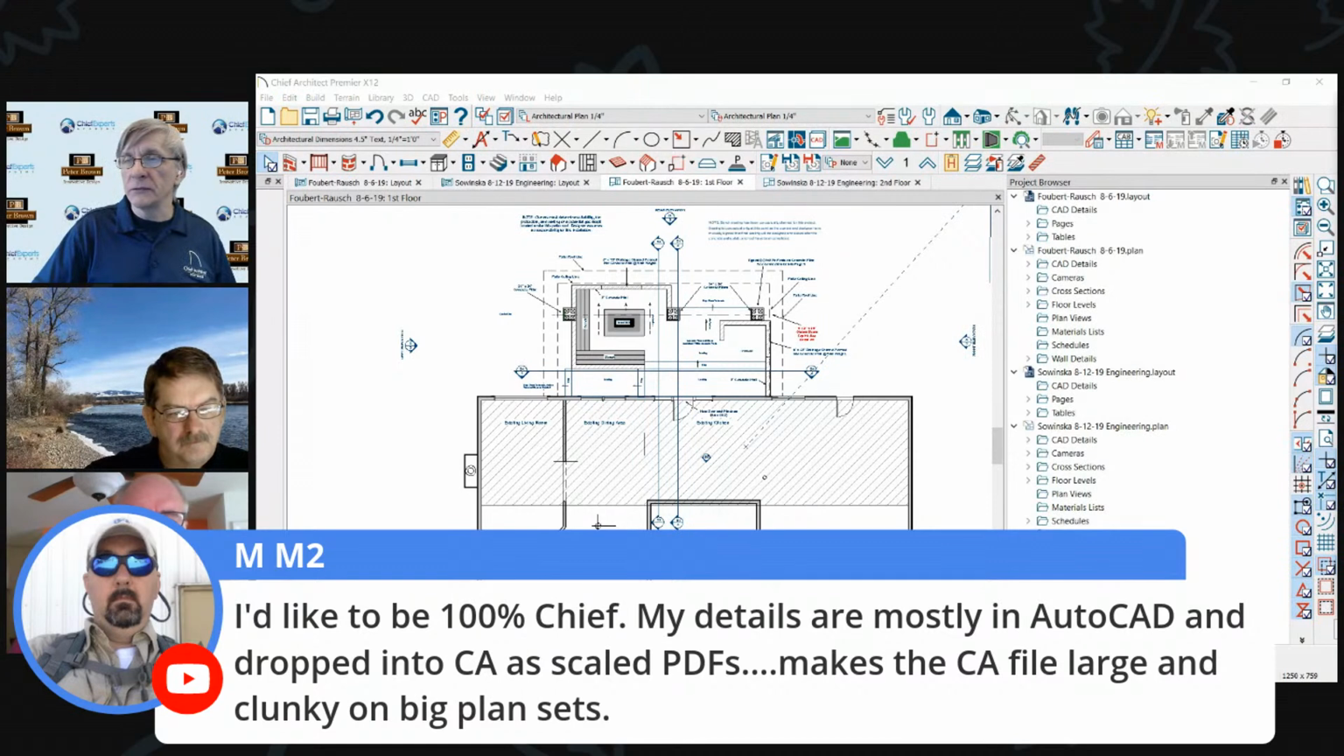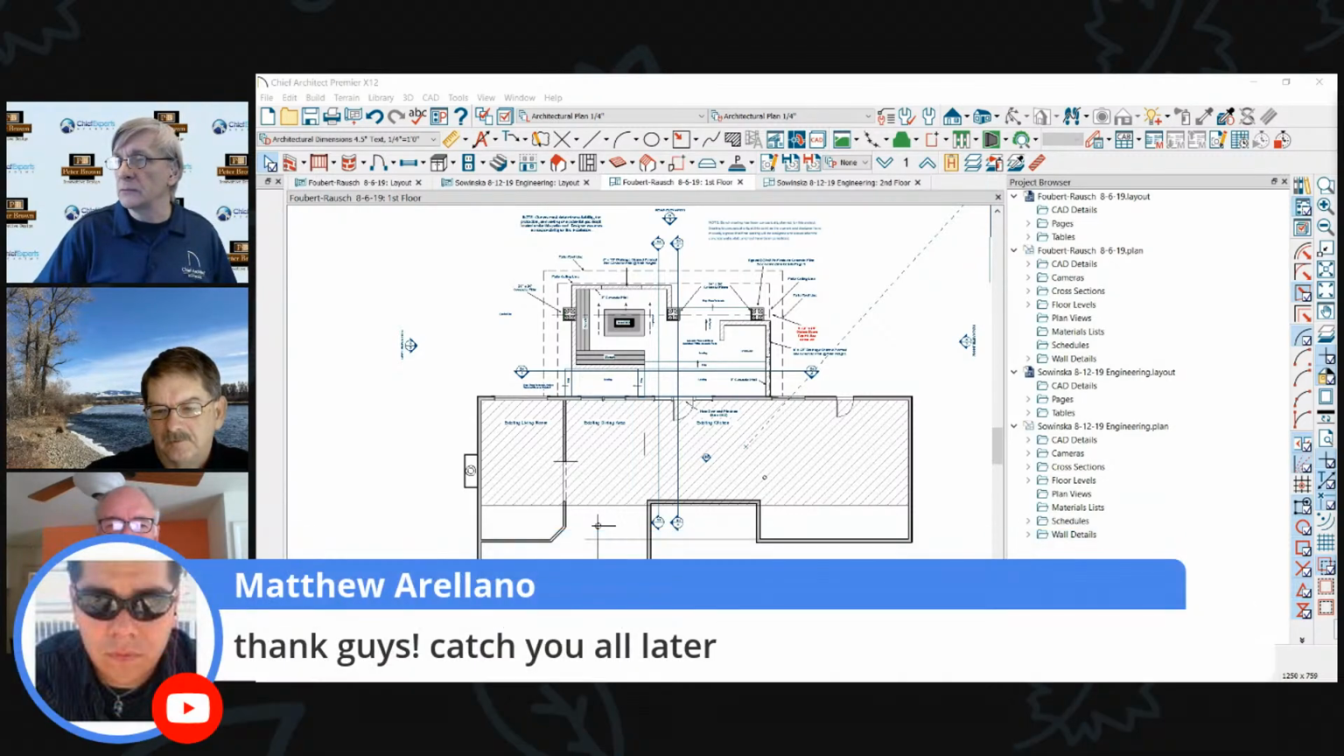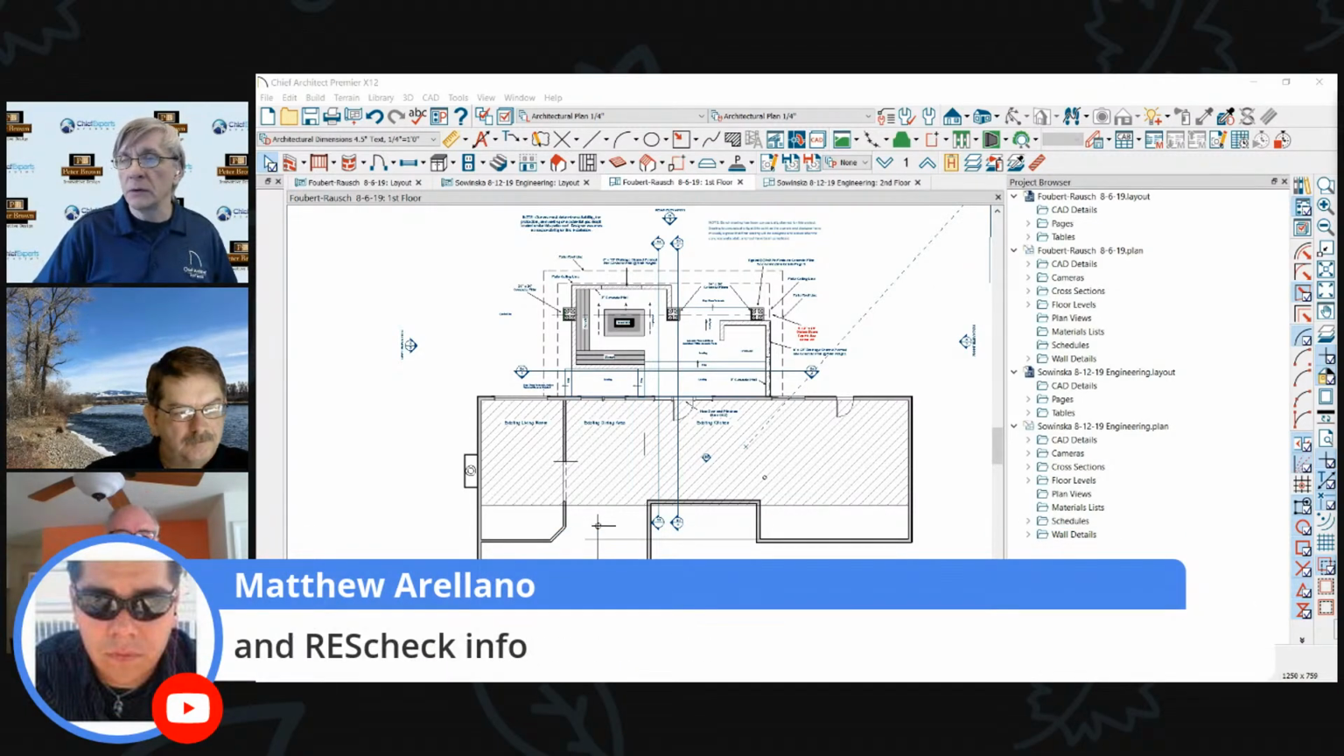So he's doing most of his details in AutoCAD, dropped into Chief and scaled PDFs. You could just drop the DWG into Chief too, and then it'd be full size. So that might be a little easier. Then you don't have to mess around scaling them. And it wouldn't take up space either. Yeah. PDFs can tend to bog down your system. All right, so